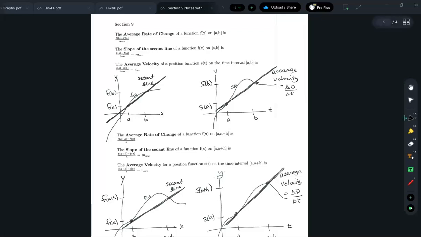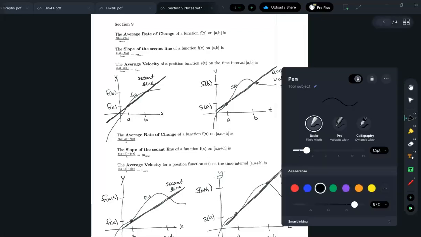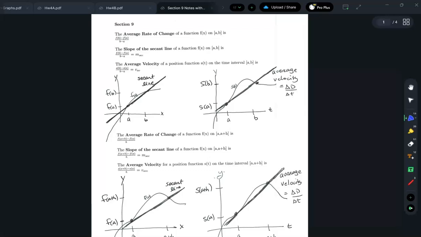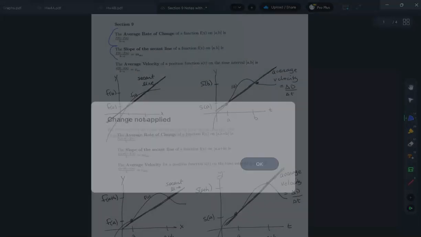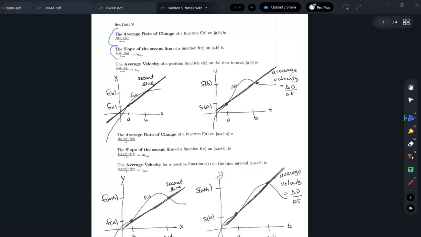These all mean the same thing. If I'm looking at average rate of change, slope of the secant line, or average velocity, and I'm talking between 2 points, A and B, right? If the y value for B is f of B and the y value for A is f of A, that line between 2 points is a secant line. So the slope of the secant line will be the change in the y values over the change in the